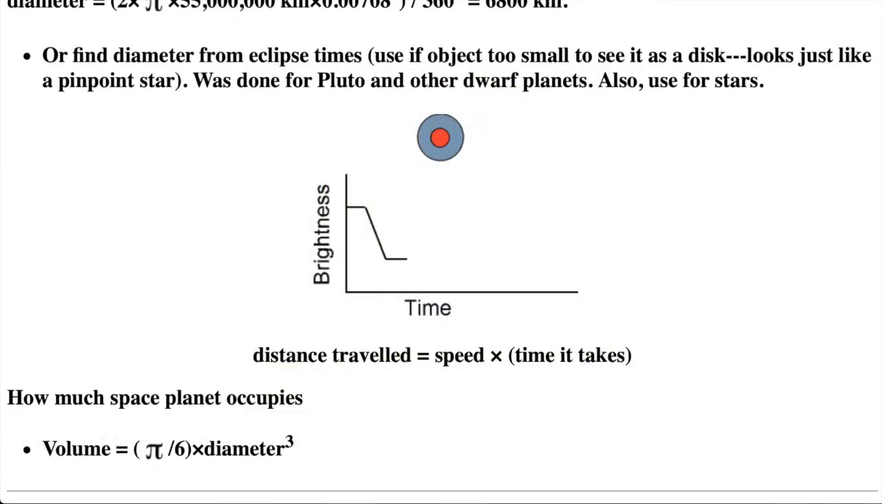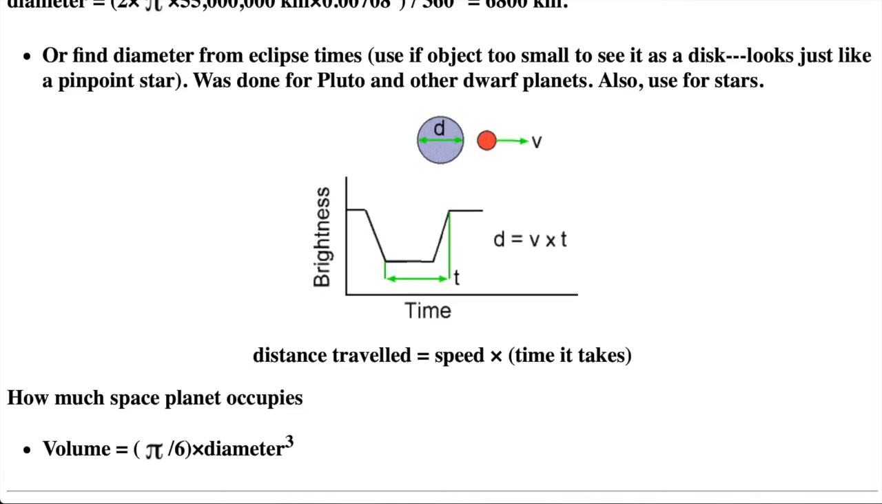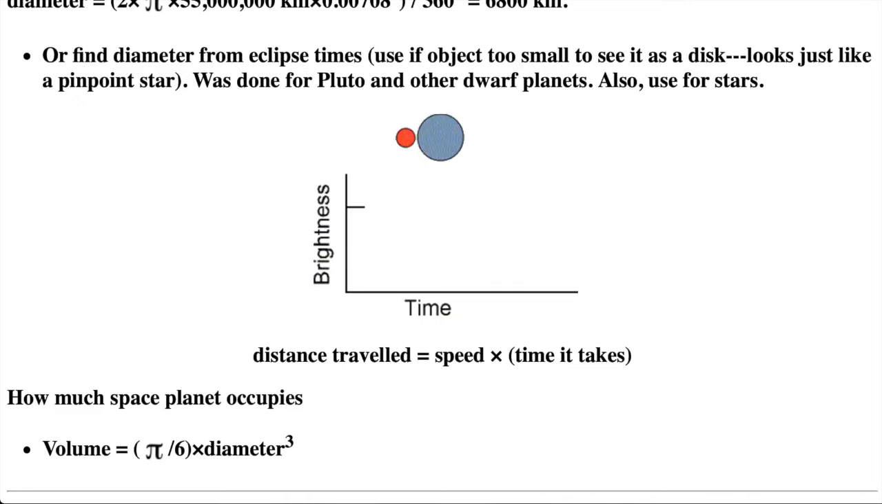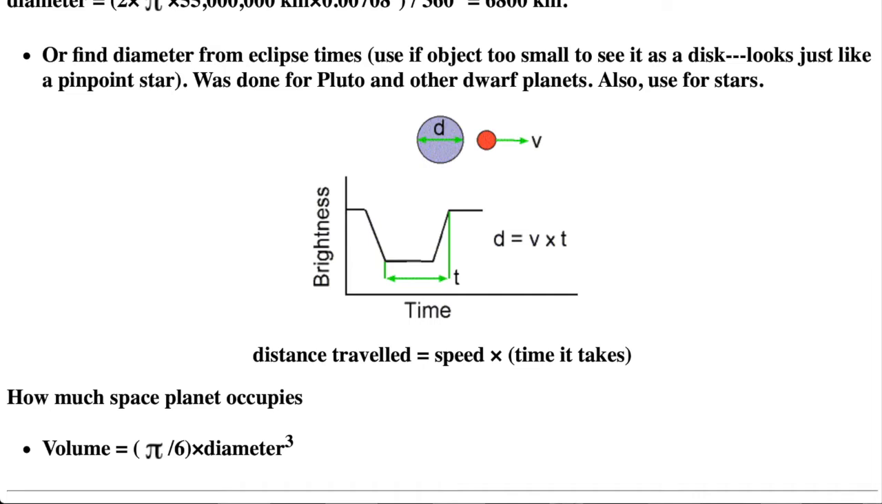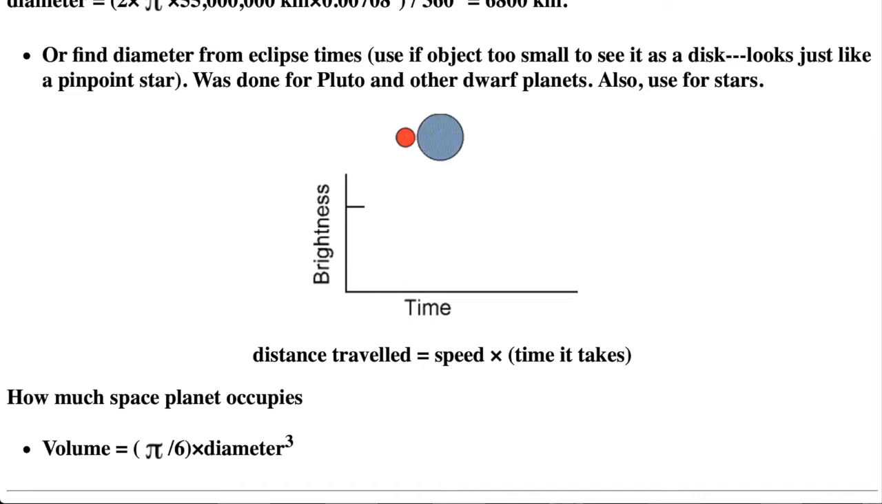If the planet is too far away for us to see a disk, then we hope there's a moon orbiting the planet and that its orbit is aligned with our line of sight so that they will eclipse each other. During the eclipse, also called a transit, the overall brightness of the system will drop down. If you know how fast the moon is moving in its orbit, the diameter of the planet will be the moon's speed times the eclipse time. The moon's speed is found from either the Doppler effect or from combining the angular velocity and the planet's distance